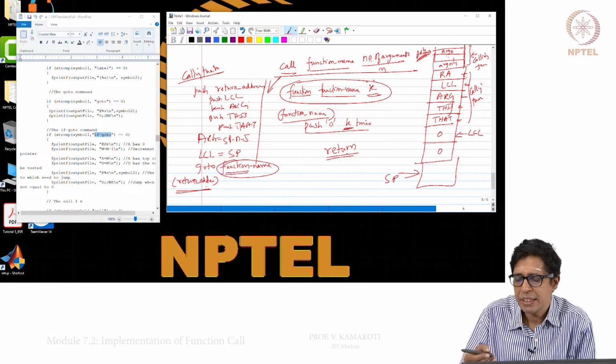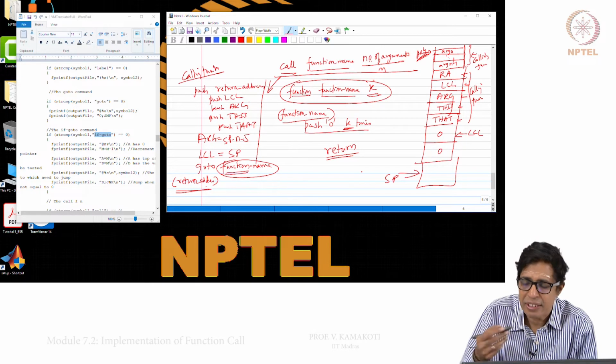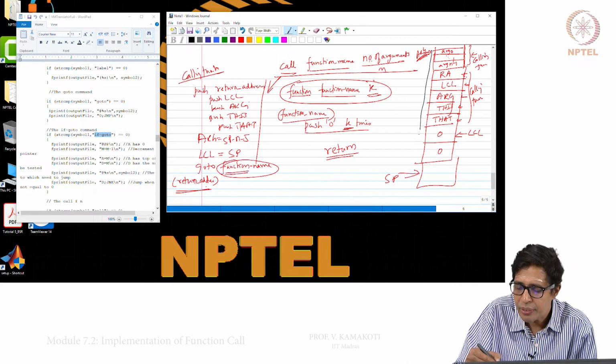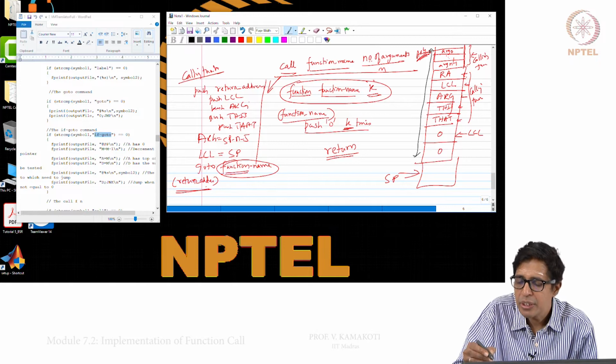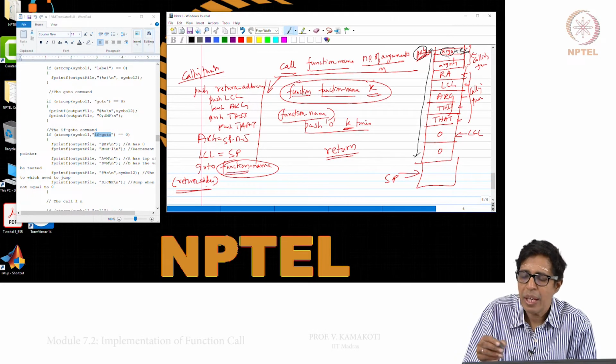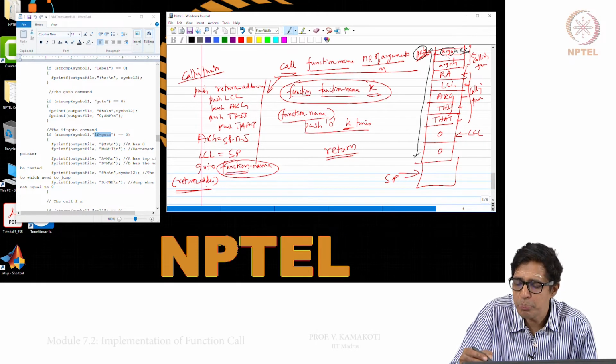When the called function returns, all these things become unnecessary. So, the return value we will go and save in arg 0. Wherever ARG is pointing, this is where the return value will be put, and then you return. Then you pop this out, so the stack pointer will be pointing to this.